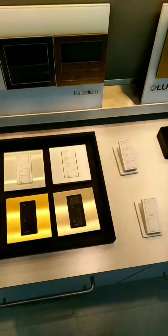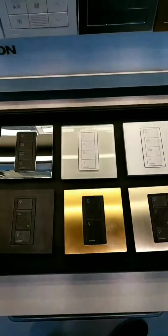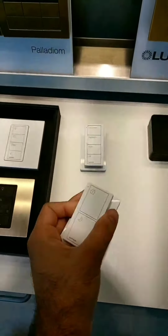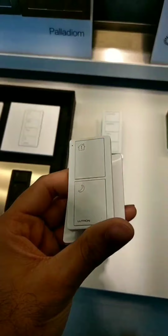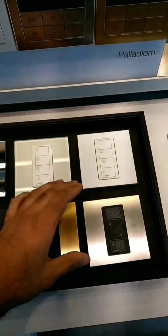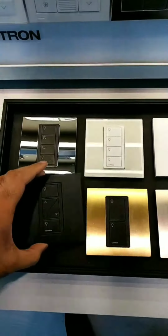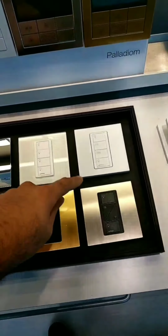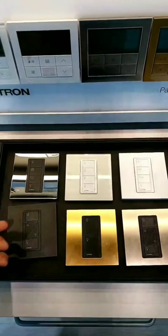And they also have a more affordable range called the RA2 system, and these comprise these little wireless remotes, so they can be retrofitted into any home. You don't have to run new cabling for this type of system, but you can still make them look quite premium by inserting the black or the white remotes into different faceplates. And the types of buttons available can control lights, they can control blinds, they can control music,